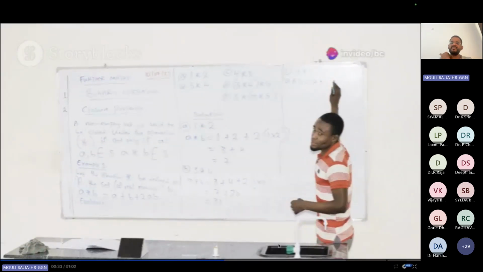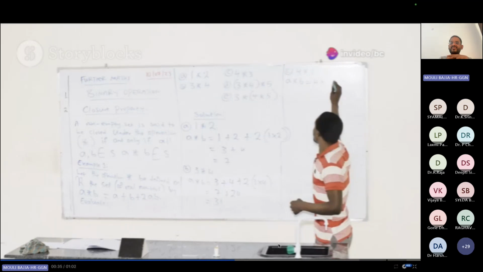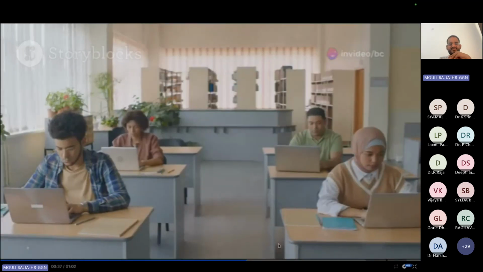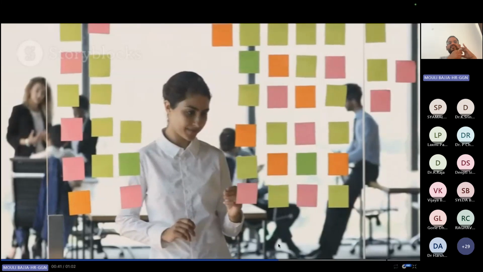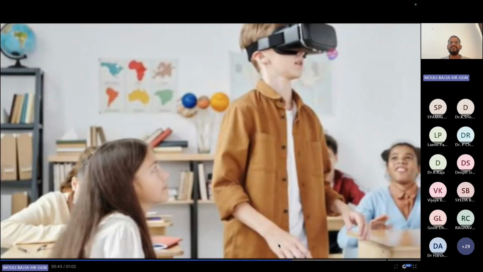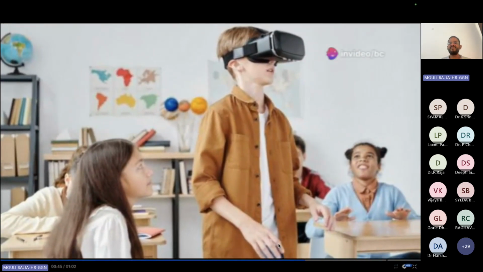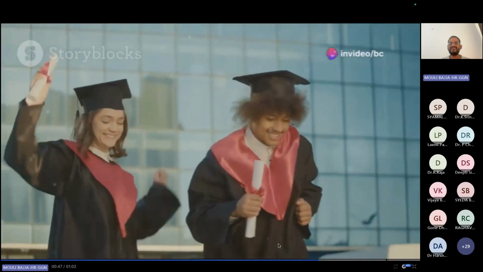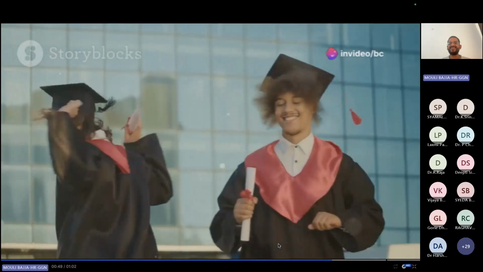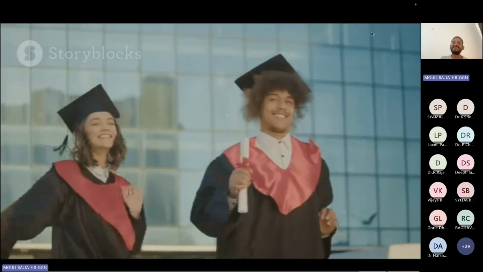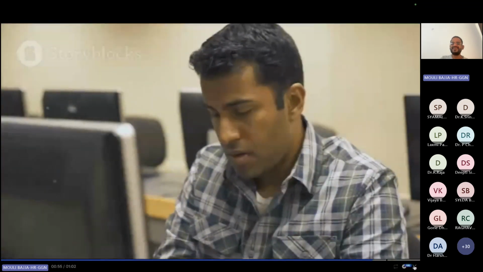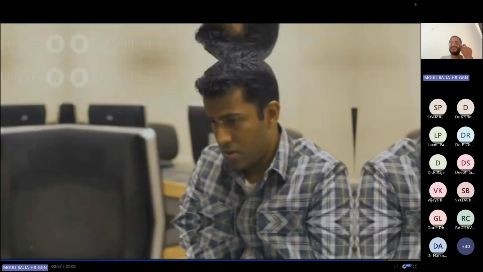Picture yourself solving real-world problems before you even graduate. Step into a classroom where innovation meets inspiration, where your ideas are nurtured and your skills are sharpened. This is your chance to learn from the best, to become the best. Join VNR Engineering College today, and let's turn your passion for machine learning into a successful, future-ready career. Ready to be a leader in tech? Your journey starts here.